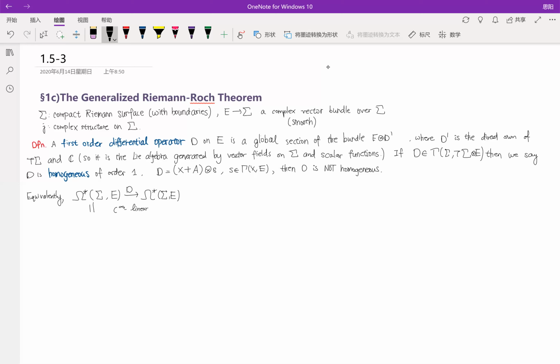And here we set this to be the direct sum of all the differential forms of degree k, tensor product with E, such that